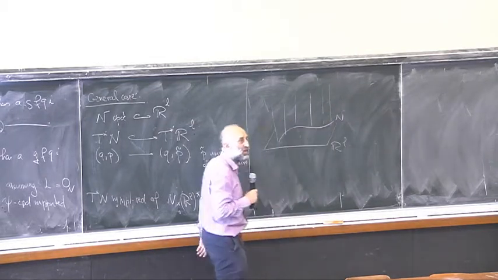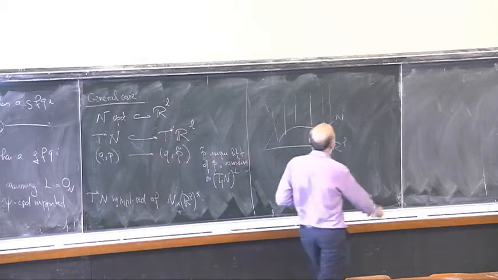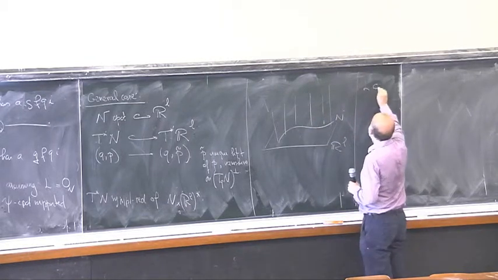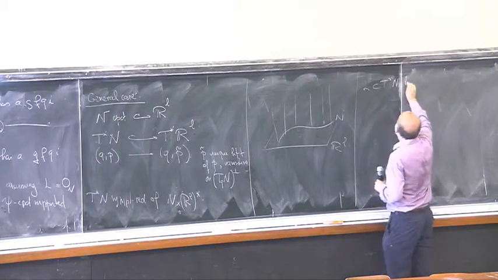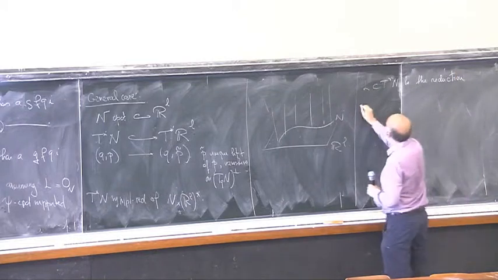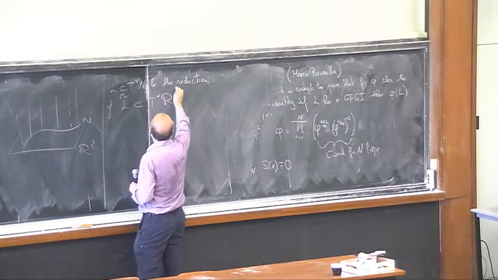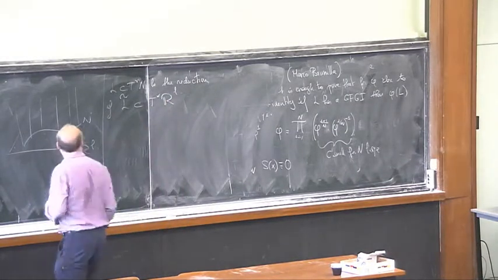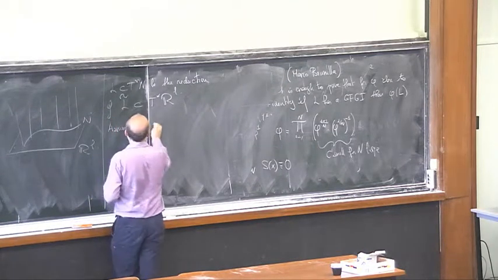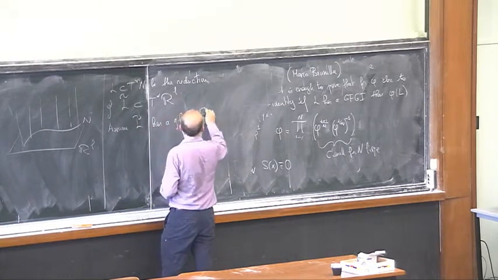On the other hand, the cotangent model of N is itself embedded here. I mean, it's hard to have a somehow realistic picture. Okay. But what you can do is the following. Now let L in T*N be the reduction of some L tilde in T*R^l. And assume L tilde has a generating function quadratic at infinity, S tilde,